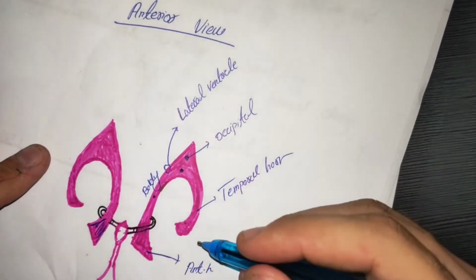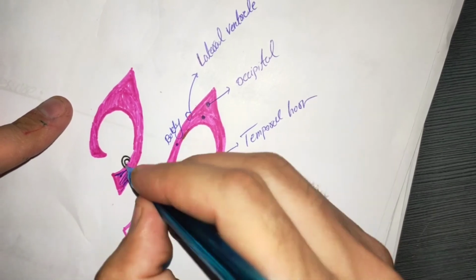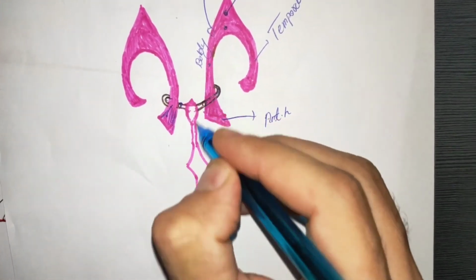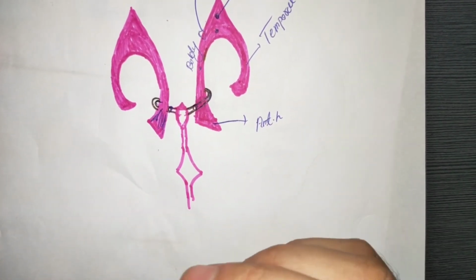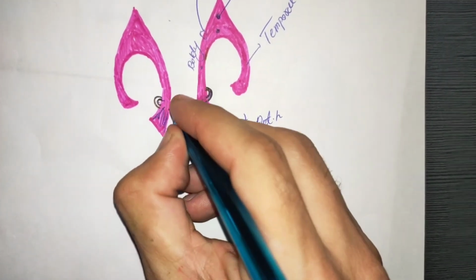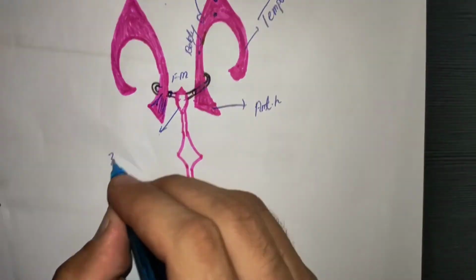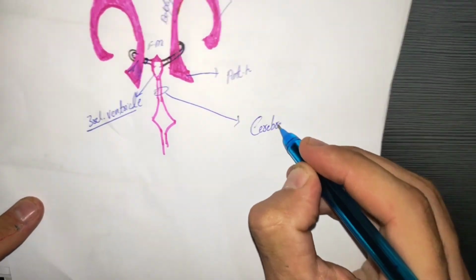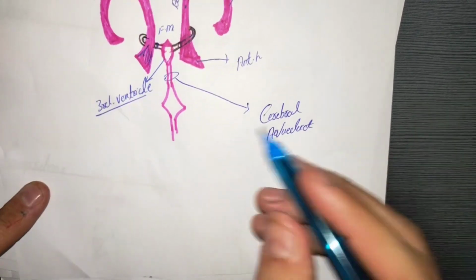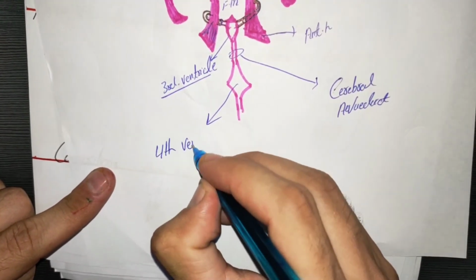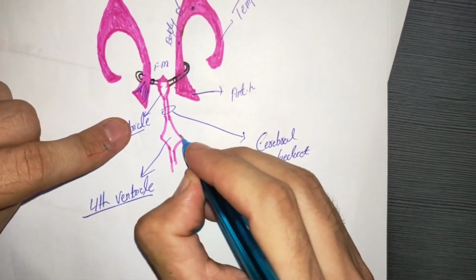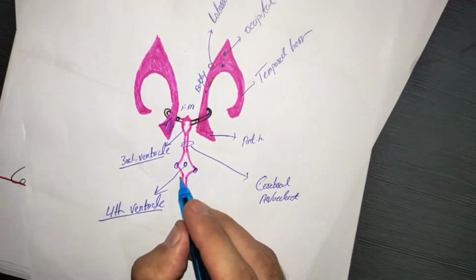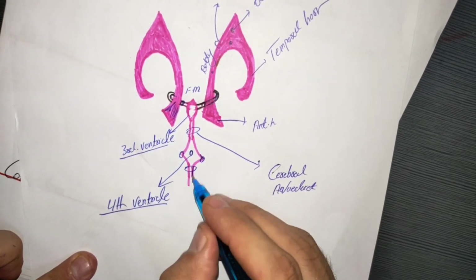From all these, when CSF is secreted, it flows down by a foramen called the foramen of Monro to the third ventricle. This is the third ventricle. From the third ventricle, it flows to the fourth ventricle by the cerebral aqueduct. This is the fourth ventricle. We have here two lateral foramens, and one on the posterior side. The two lateral foramens are called foramen of